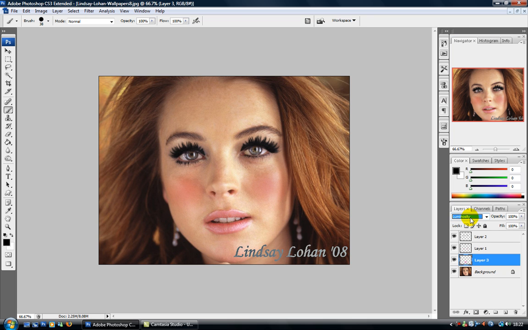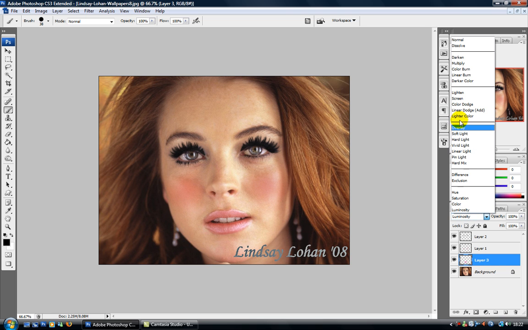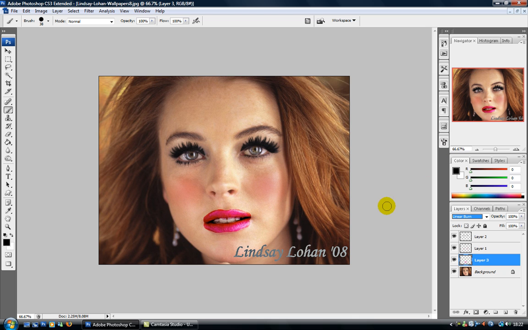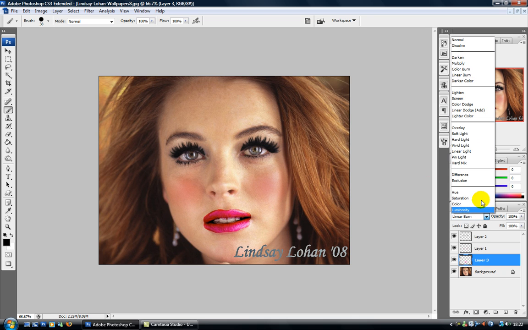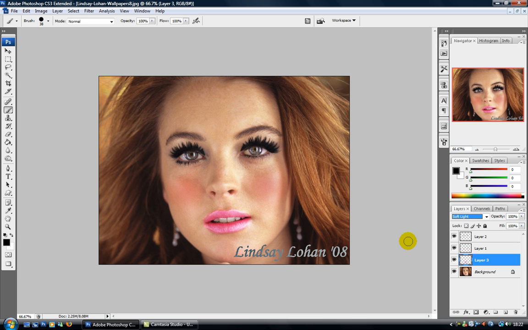And then change the colour to whatever you want, so you can have any of these. That looks a bit stupid. There you go. Soft light's usually quite a good one. And then just clean it up. Eraser. So just a little clean up,